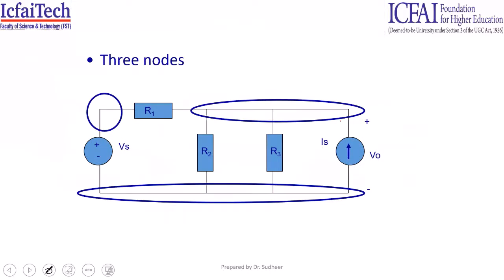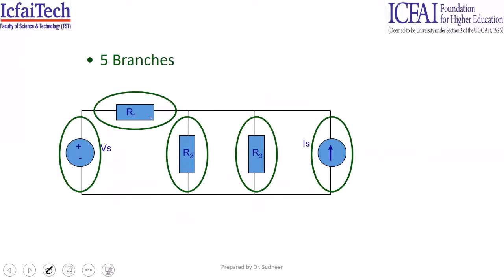The first node joins Vs and R. This entire connection of wires can be joined together, if given practically with your hands, and all these wires at the ground level can be connected together. So it has three nodes. We can identify this as node A, this is node B, and this is node C. And then how many branch elements are there? Obviously 1, 2, 3, 4, 5. So there are 5 branch elements.